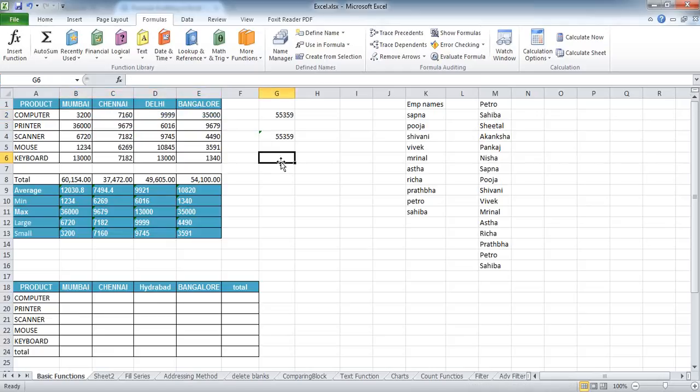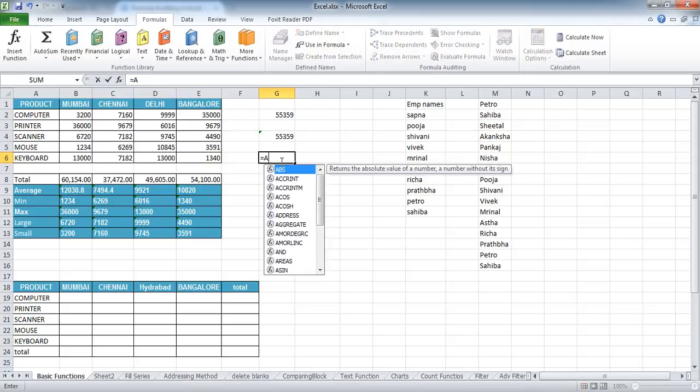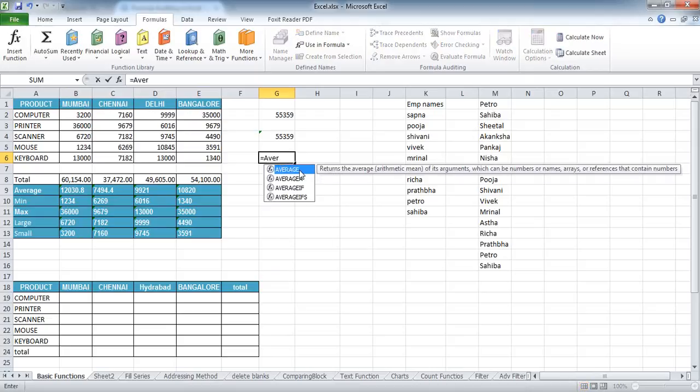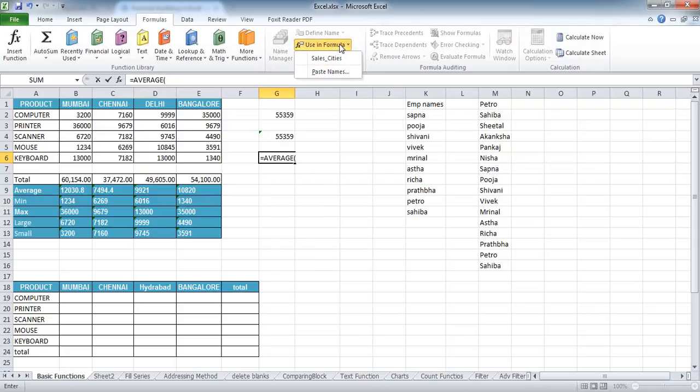Now let's just try a hack and use it in an average function also. So create it by using the average formula, and instead of writing the numbers, I can go onto this drop-down menu over here, and since right now we only have one name created over here, if we had multiple names, there would be multiple names presented over here, and we will have the option of using those range names in our average formula.